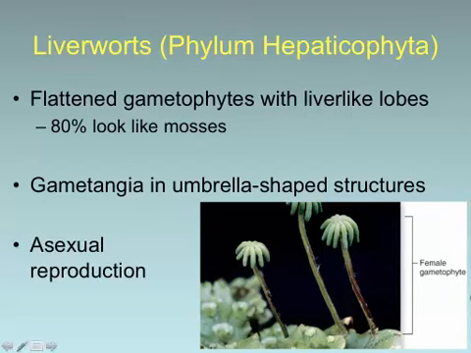These little structures up here that look a lot like a little miniature palm tree are producing the female gametes. They're producing eggs. The male gametangia are going to look a little bit different. They're going to look less like a palm tree, more like a disc or a frisbee at the top of a stalk. They're going to be producing sperm cells, but it's kind of the same idea. This is the gamete-producing part of the gametophyte plant. And so if you have water around and you give those little sperm cells a chance to swim to the egg cells, you can actually have fertilization.